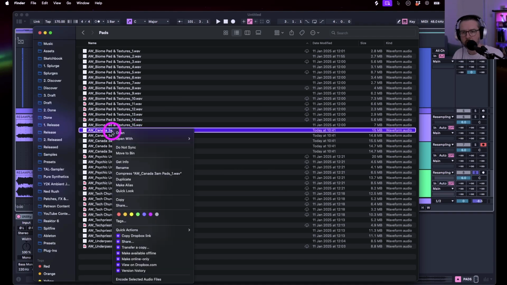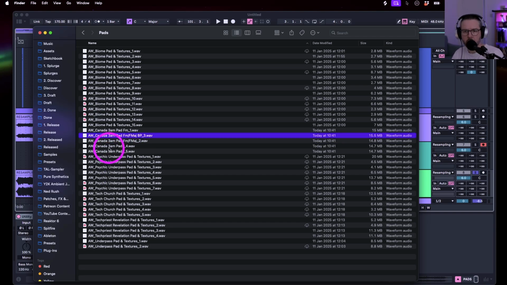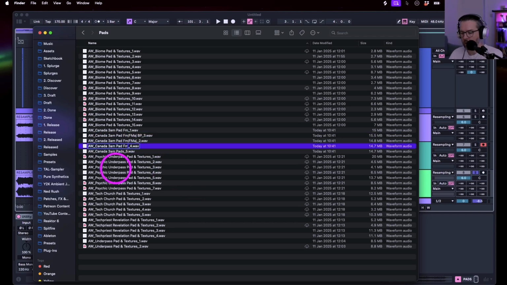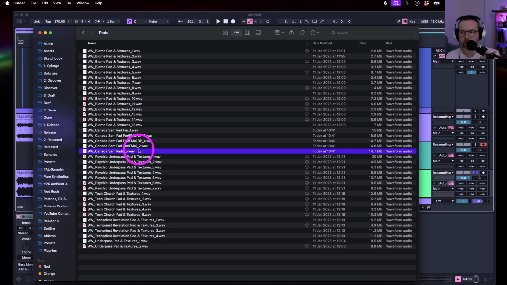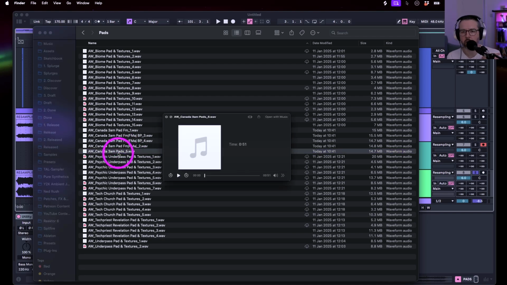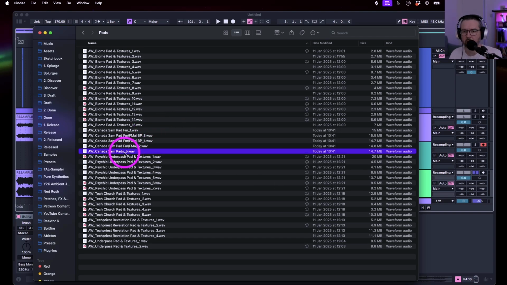So I'm just going to rename this one Canada 3 AM pad, F minor's fine. So this is F minor, F major, band passed. Yeah. Is it more of the same? Don't rely on the future version of yourself to know what on earth you did. I like to think I've got a good memory. I think I do. But if you're making a lot of sounds, I'd have to pull these in and then recreate them and play them on the keyboard and work out what the chord was. That's lovely, that one. So that's F minor. That's the F minor. Band passed. All right, that's not too bad, is it?